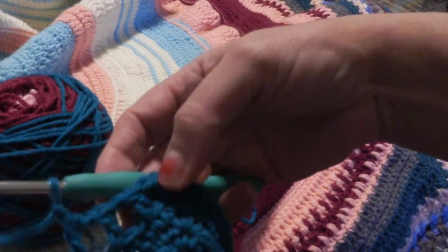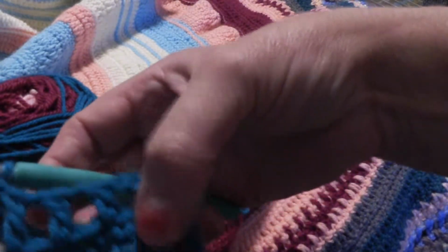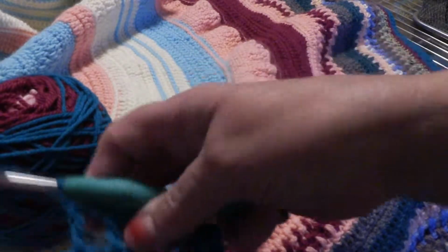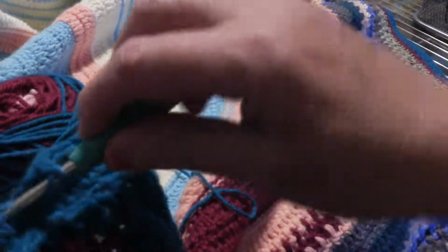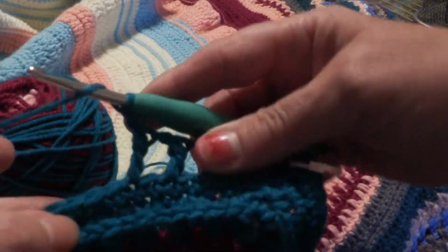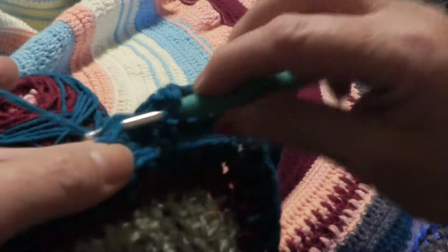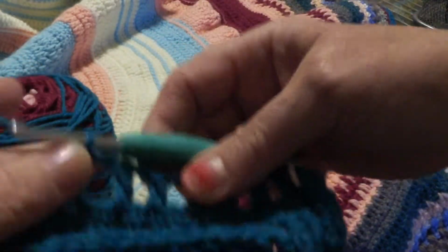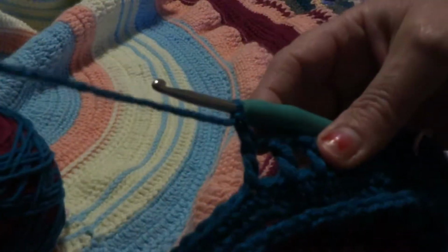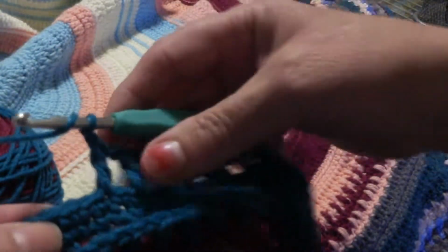Alrighty, and what I've decided to do is double crochet, chain, double crochet, chain, double crochet, and skipping a space in between. So it's double crochet, skip, chain, double crochet, skip one, chain, double crochet, skip one, and chain. And we're going to go all the way around with this, making sure that we double crochet twice in our corner areas,